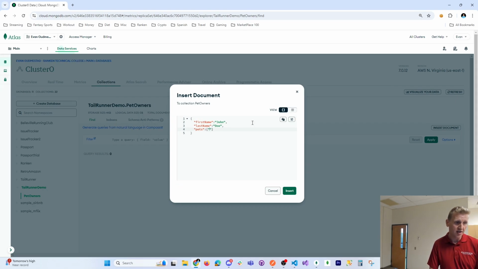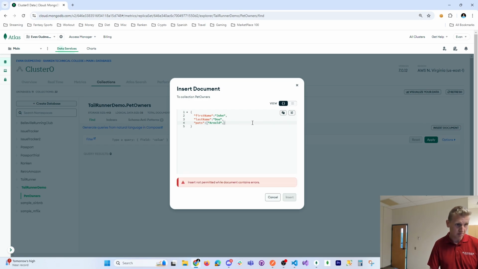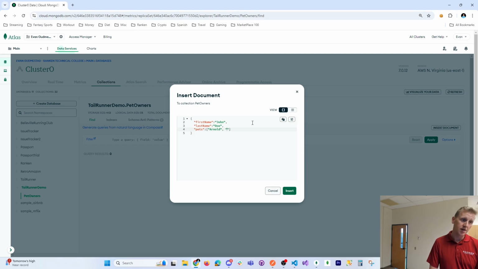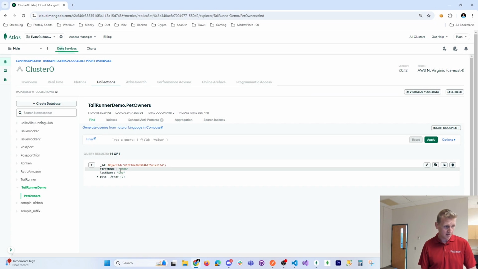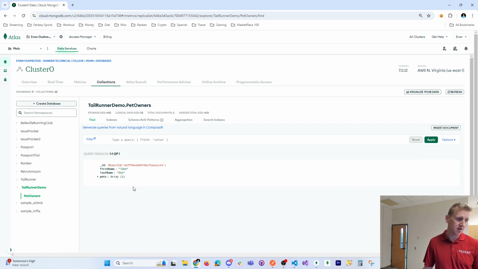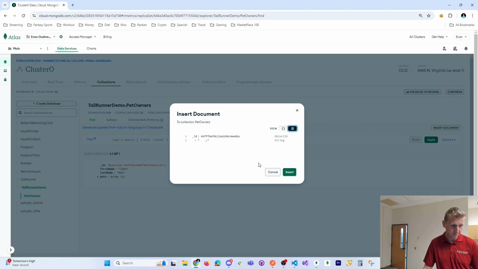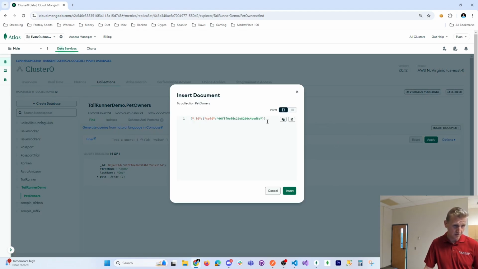So John Doe has 1 pet called Arnold and Bob. I'm just going to copy this document, okay, so we put in John Doe with 2 pets, and so our data is going to be real simple for this, but nonetheless we'll insert a second document, click on this view,